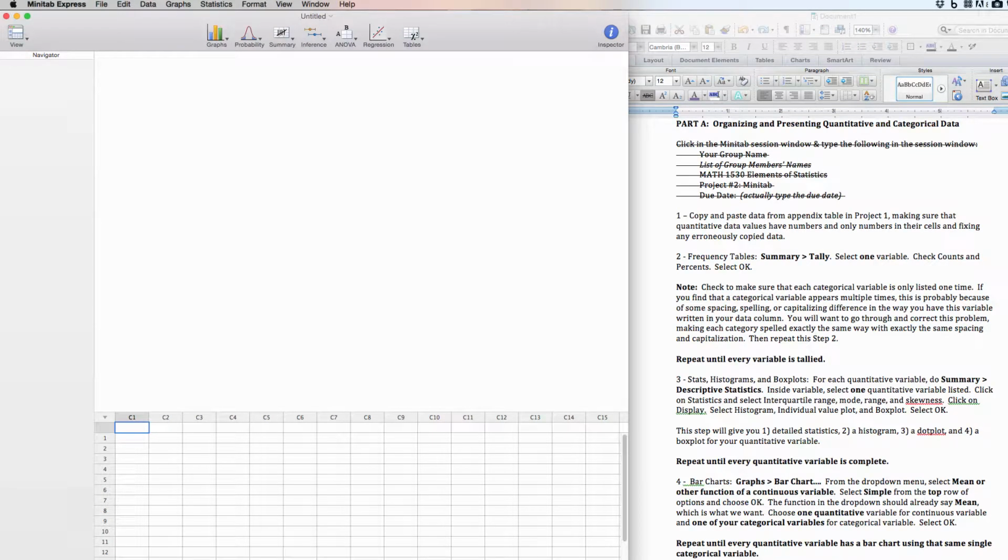Okay, so this is a video for Minitab Express and how to use Minitab Express to do Project 2. And remember in Project 1, you used Microsoft Word to create all of your tables and charts and graphs and whatnot. And then you used the calculator to compute all of your statistics and your linear regression. Well, we're going to use Minitab to do every bit of that and even a lot more than that, because